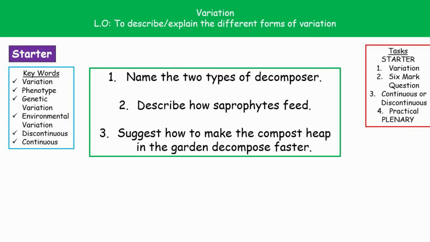What we're going to be doing in today's biology lesson is actually starting the fifth biology topic, B5. So we just finished B4 in our previous lesson just before the half-term break. So now what we're moving on to is B5, which is all about genetics. So what we're going to be looking at in today's lesson is the concept of variation. So hopefully by the end of this lesson, you're going to be able to explain the different forms of variation